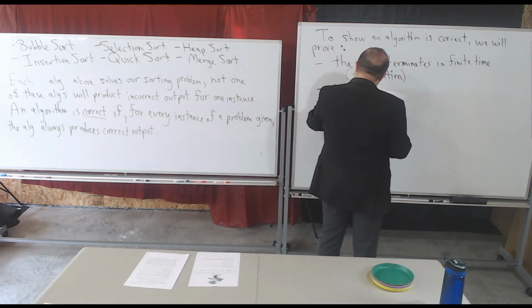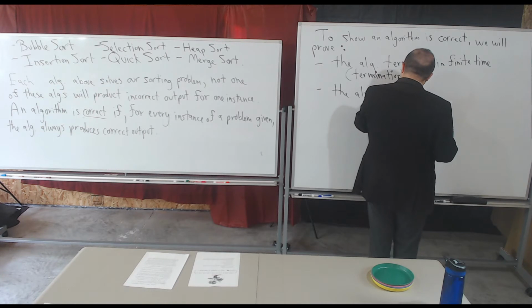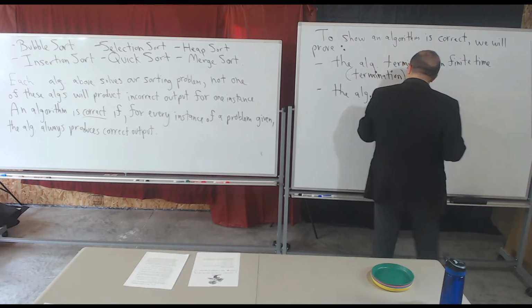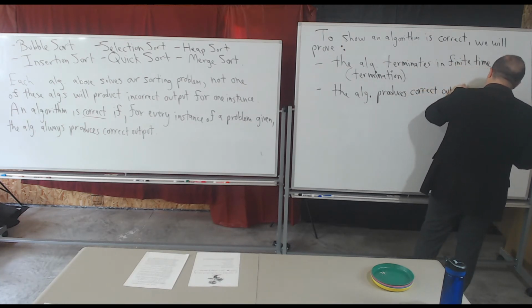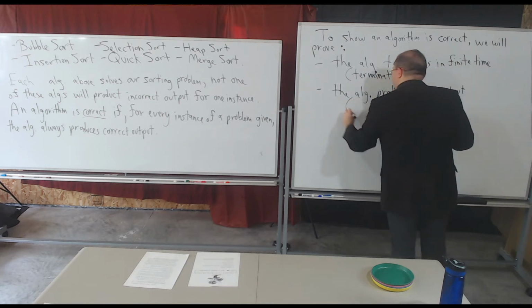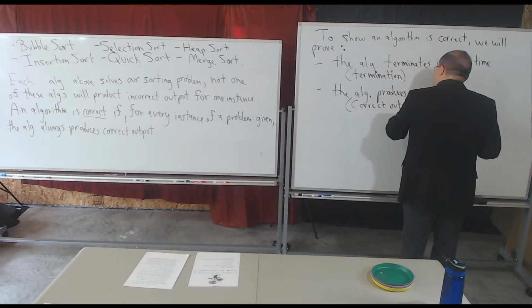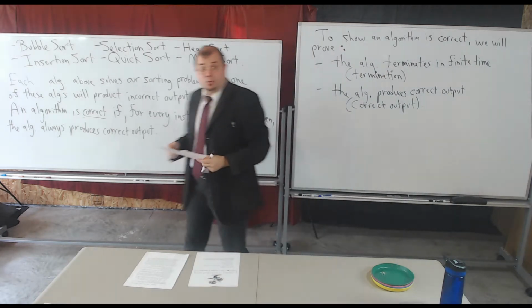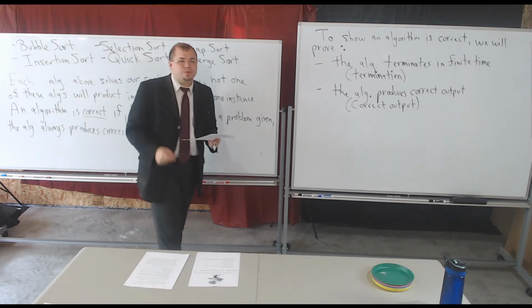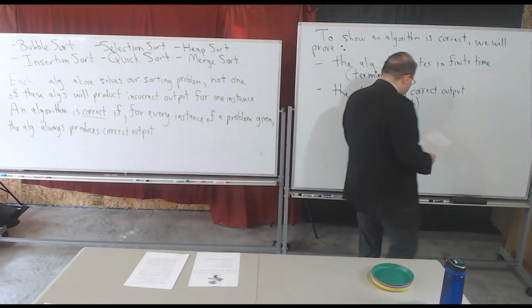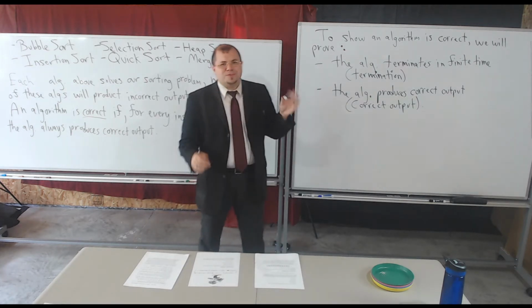Likewise, the algorithm produces correct output. So this is our condition of having correct output. If you prove these two things, the algorithm must be correct because it terminates, so it means it produces output, and we're going to prove that the algorithm in fact produces correct output, no matter what input instance you give. Now, this brings me to an important point I need to make: if I give you some problem